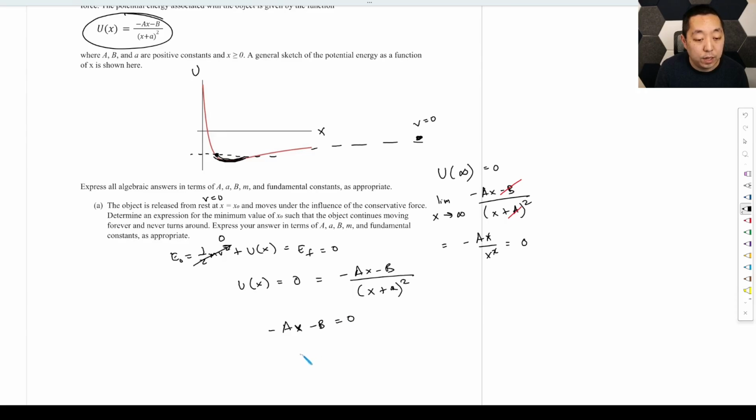So we have negative ax is equal to b, so x is equal to negative b over a. And that would be the point, and that's going to be our x0. Okay, so we just solved for when the potential energy was going to be 0. So that's going to be like,